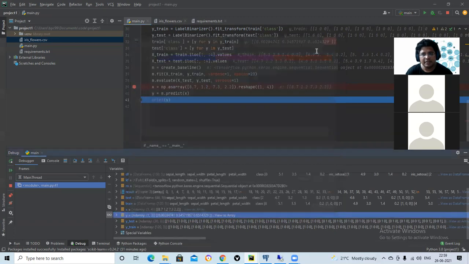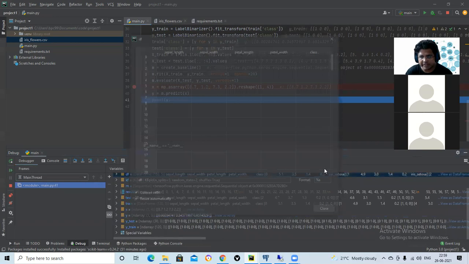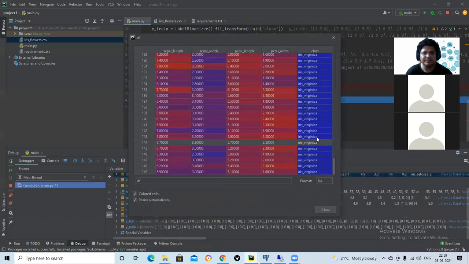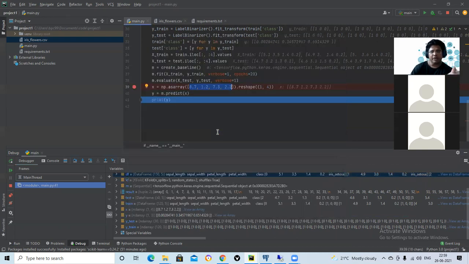So it is the last one. It predicted it as Iris virginica. So I gave some random petal length and sepal length, and it predicted virginica. Now you know, right? We have a model and we have data which is completely different, and then we can have a different output. We can have an output we never knew about.